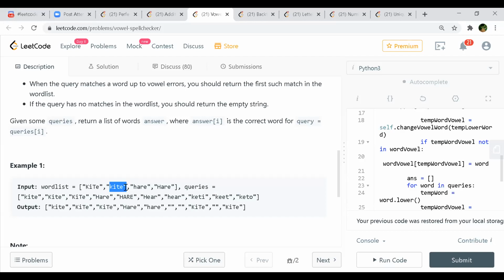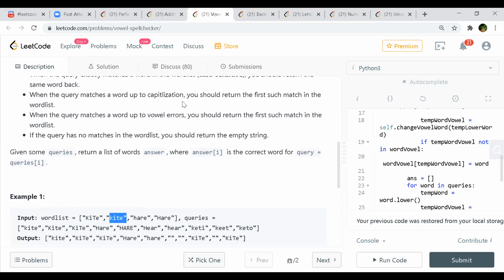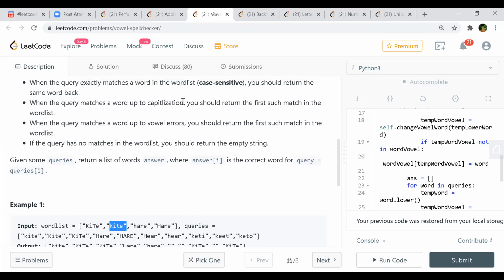But he is returning the first one in the word list, because of the four rules they have given. When the query matches the word up to capitalization, you should return the first such match in the word list. That is the reason he is returning the first word in the word list.